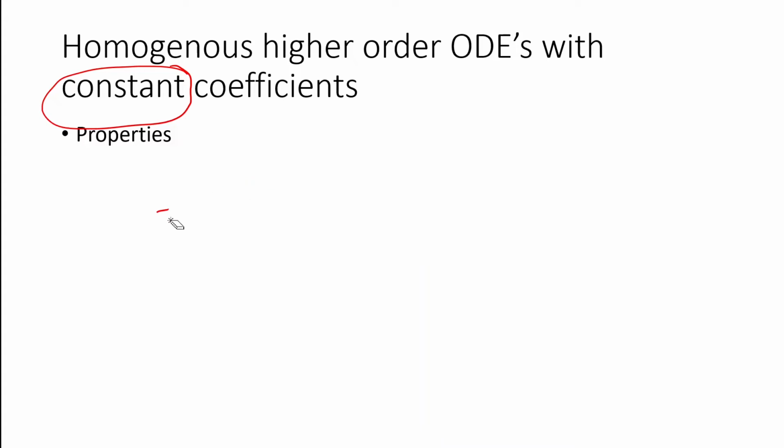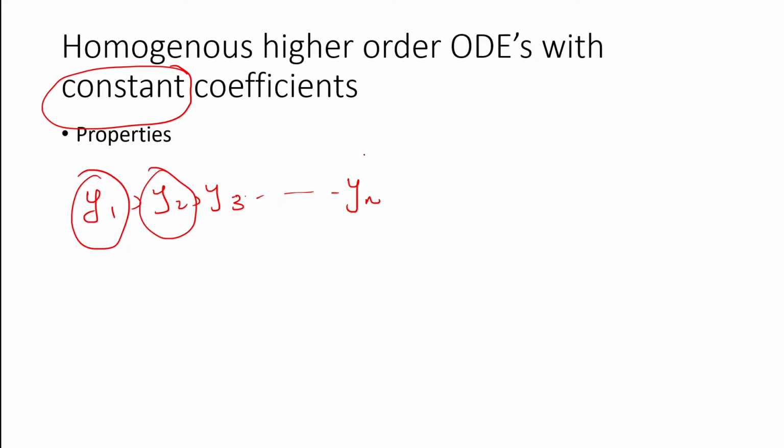So let's say we were able to isolate some solutions for the differential equation, and those solutions are y1, y2, y3 all the way till yn. So if you plugged this y1 into that equation, you will get 0. If you plug this y2 into the equation, you will get 0, y3, yn, and so on. If you differentiate them and do all the math, you would get 0.